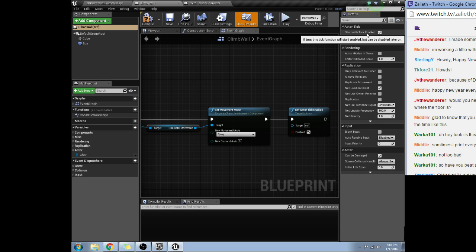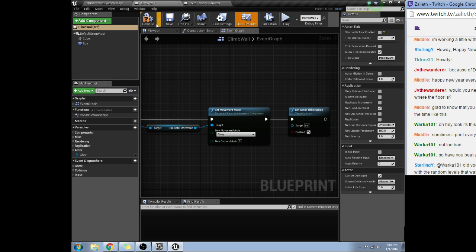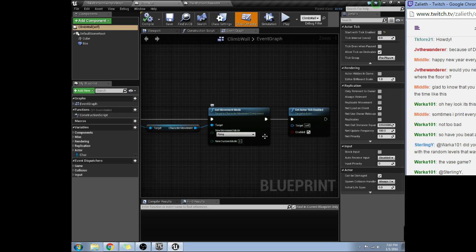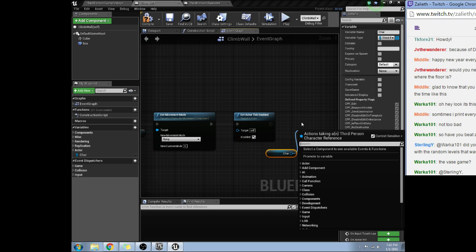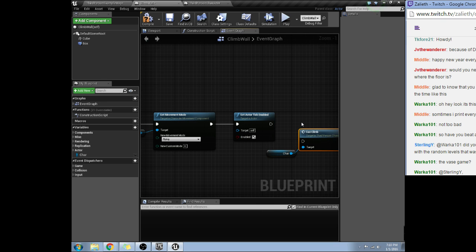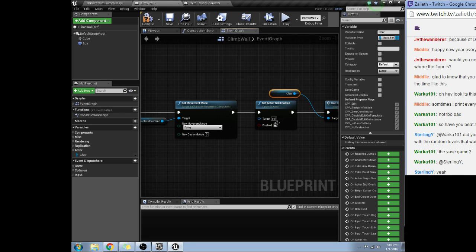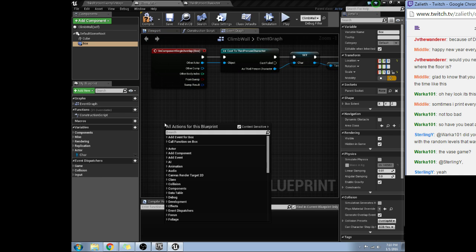But you can decide whether or not you actually want tick to be on when you first start. And we do not in this case. So let's see. Last thing is I'm going to get a reference to character, and we're going to go can climb. And I'll show you what is going into that in a few minutes. Okay. Now, we need to do the end state